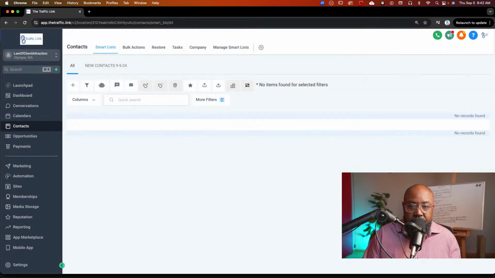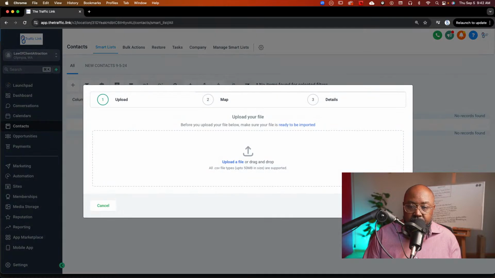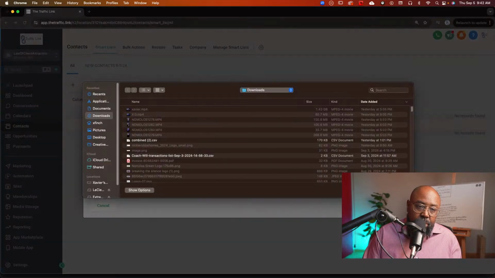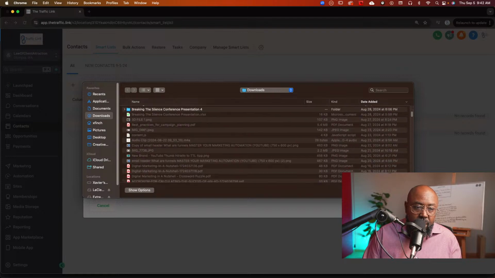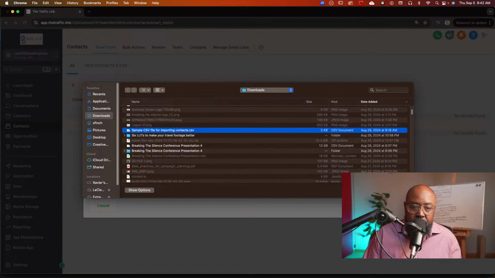Filters, hide filters. Nope. I guess there's an import. So let's do it again. Let's try to run that import again. So let's go upload the file. And there should be sample.